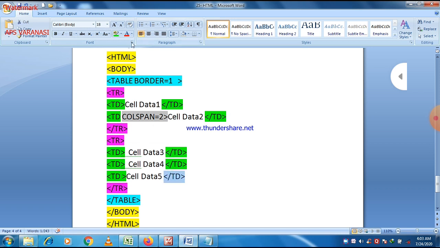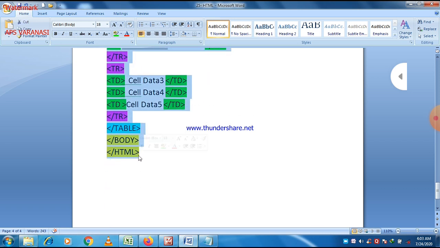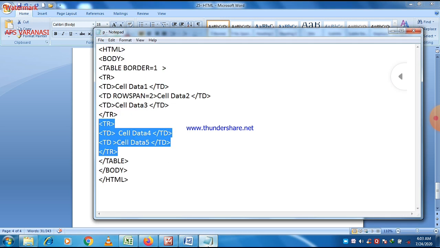And in our statement there is colspan equal to 2. So this is a program of the colspan attribute, and always remember that the colspan attribute can be used with th tag and td tag both. Here we use it only with the td tag. In our last lecture we used it with a th tag also. If you haven't watched that video, first go to that link and watch it.